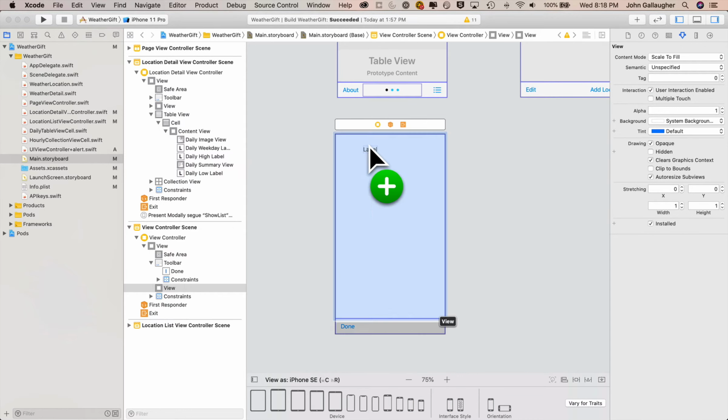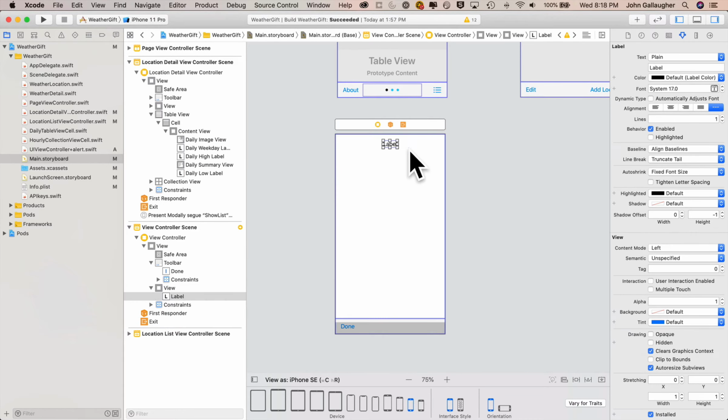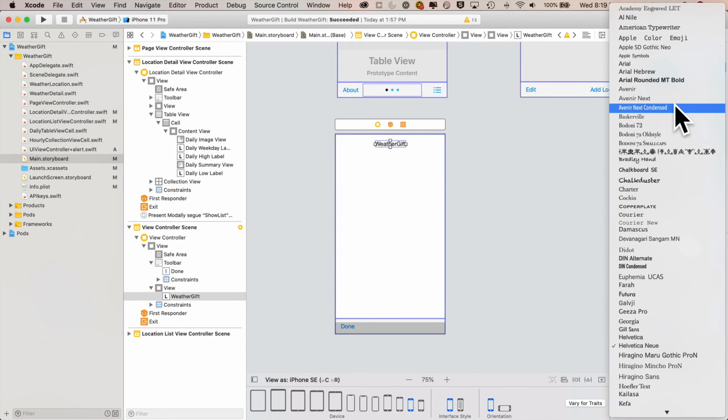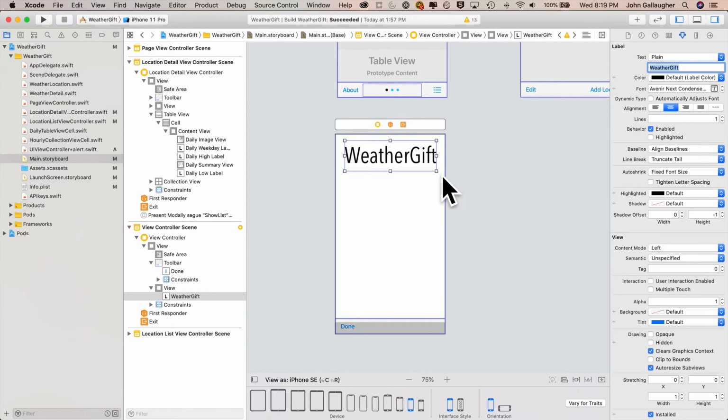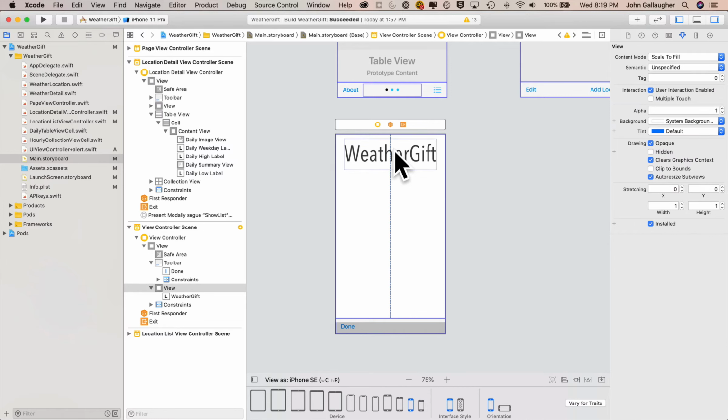Auto Resizing. So let's click on Library and drag over a label. I'm going to center this. For the text, I'll put in WeatherGift, the name of the app. I'll change the font to a custom font, Avenir Next Condensed, and I'll set the point size to 64. Looks good, just make sure that it's nice and centered, and I'll have the top bit touch the top margin